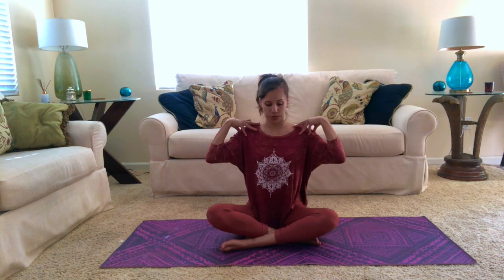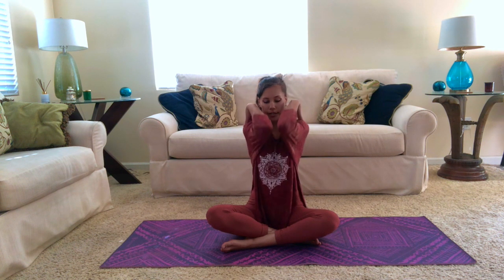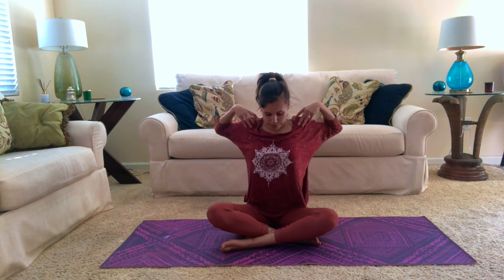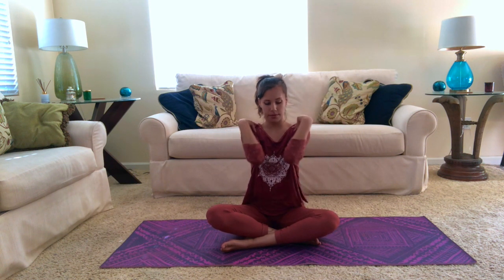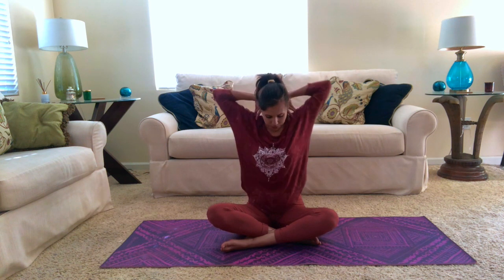And we're going to take that stretch a little bit deeper, so go ahead and bring your hands to your shoulders, and we're going to take a similar circular motion. You'll bring your elbows to the front, reach them up and back. You're going to touch your wrists in the back, reach your elbows behind you, come forward again, touch the elbows, touch the wrists, elbows back, and forward again. So we'll just continue that circular motion a couple times. Touching the elbows, touching the wrists, and we'll do one more time coming in this direction,